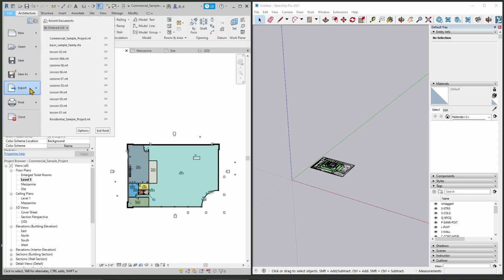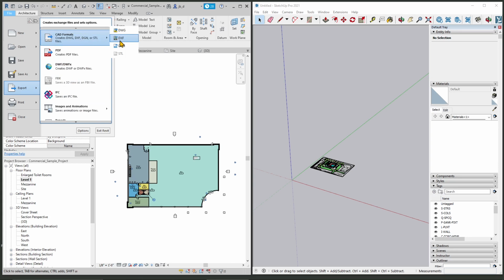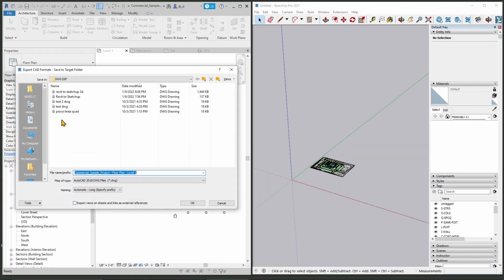So I'm going to go to File again, Export. You can see now that FBX is grayed out. Why? Because FBX files are 3D files, basically. Right now we are exporting vector graphics, a CAD drawing, so we need DWG or DXF. Now just to change things a little, I'm going to use DWG, go to Next, and choose a folder again where I want to save it, and let's say this is the plan, sorry, this is plan first floor clean up